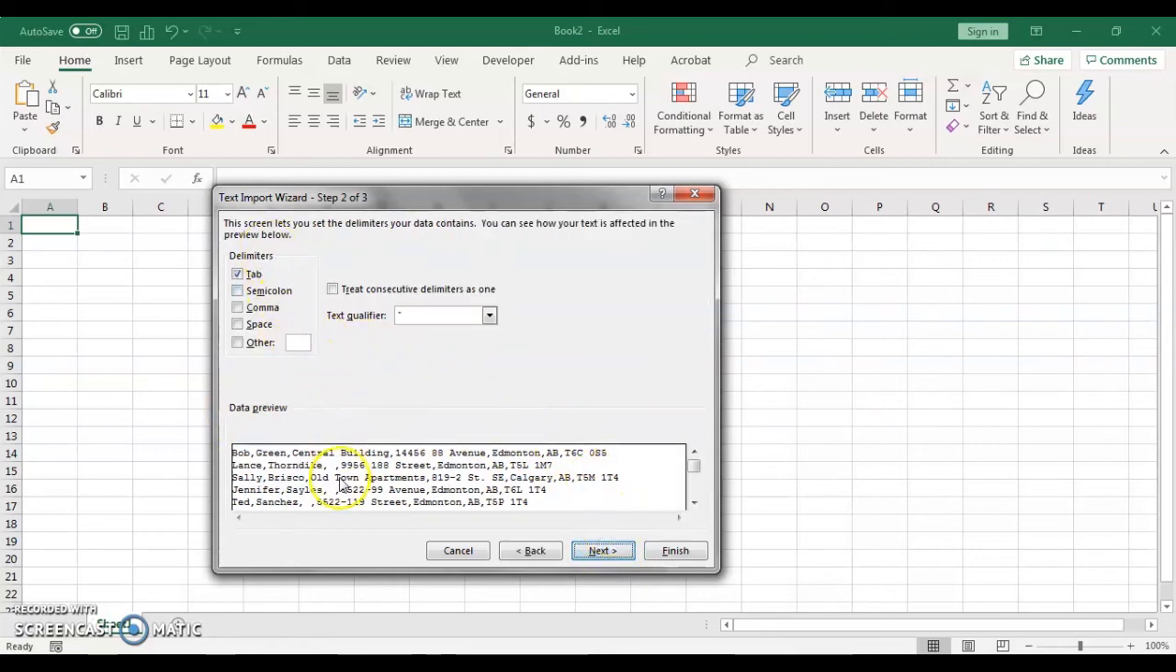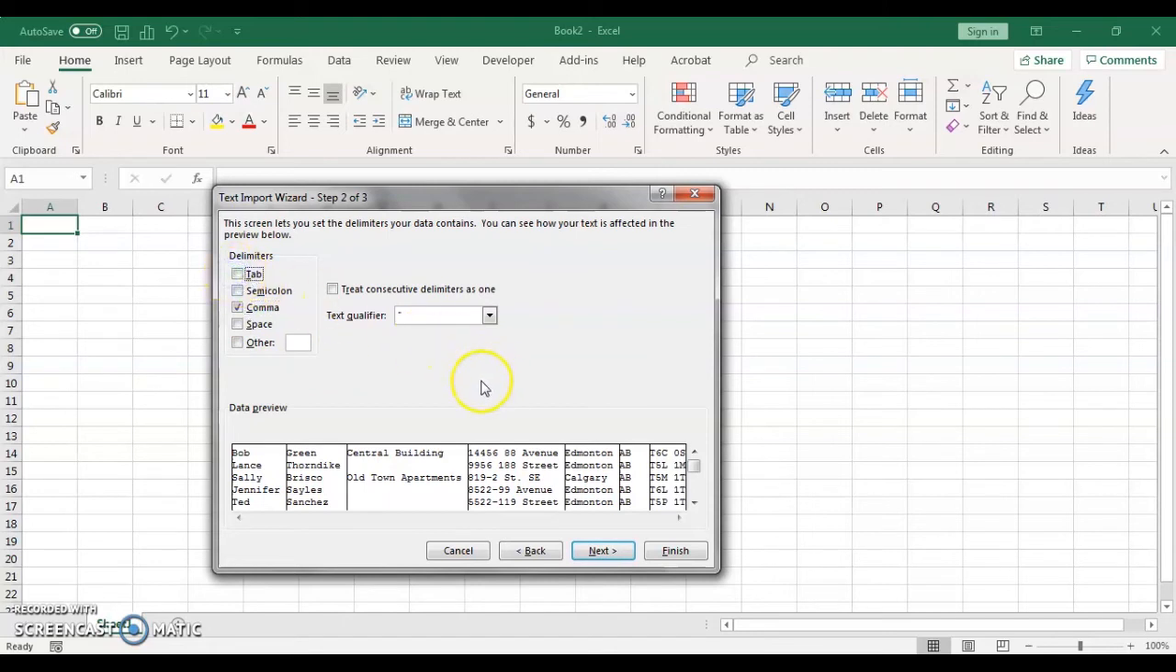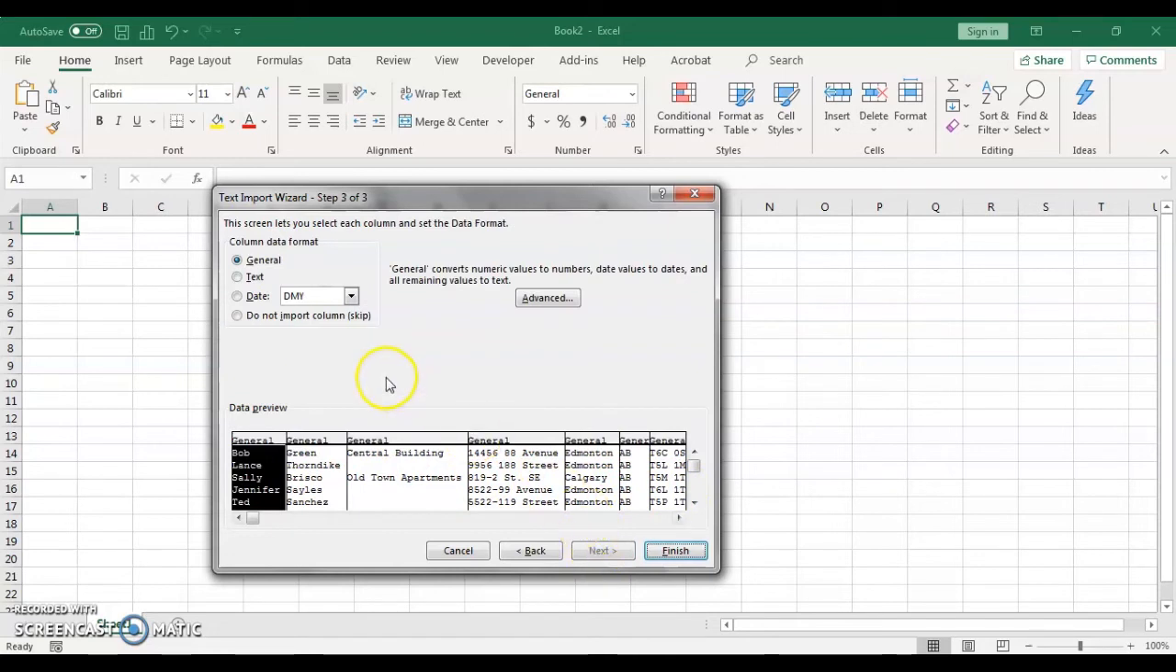And it asks, what is the data separated by? And the data in this case is separated by commas. I'm going to take the tab off. You'll notice that as soon as I've selected comma, it has broken everything into columns. I click Next. And in this instance, I'm allowed the opportunity to label these different columns, but I'm going to leave it as general. General says it converts numeric values to numbers, date values to dates, and all remaining values to text. And that's going to work just fine for me. So if I go ahead and click Finish,